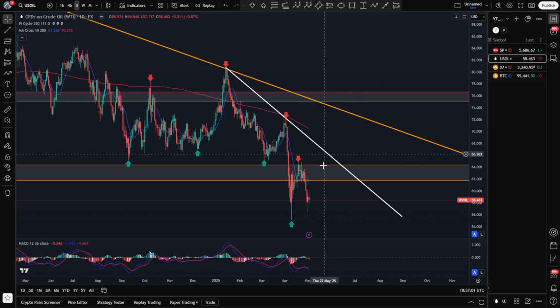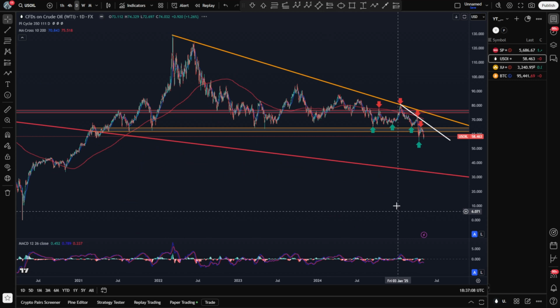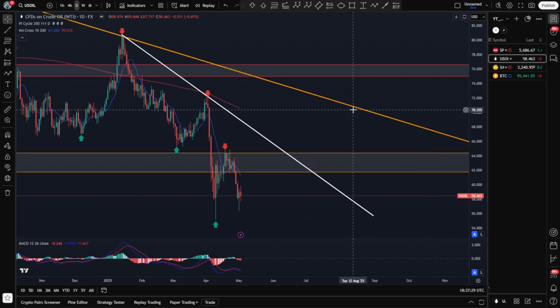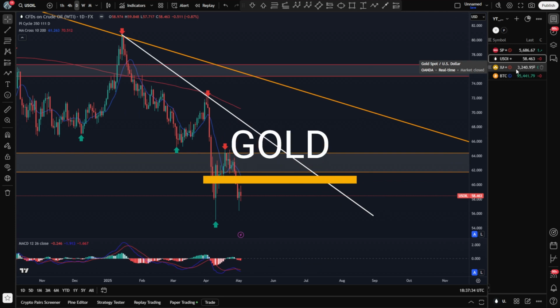This area is a good point to set up maybe a short trade to the downside and speculate on even lower prices, maybe the $50 or $40 range per barrel, and that would be fitting with a declining stock market overall, less demand, so fewer dollars per barrel in US oil. That's it for this asset. Let's switch to gold against the US dollar.